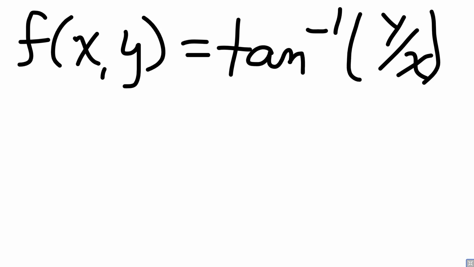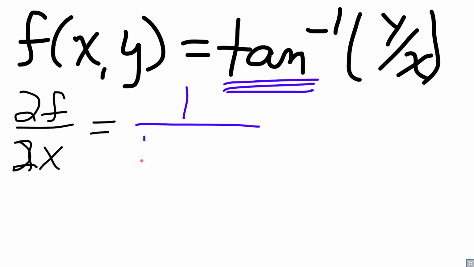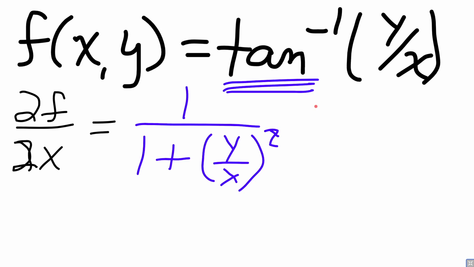I want the partial of f with respect to x. I'm going to start with the derivative of tangent inverse, which is 1 over 1 plus the expression we're taking the tangent inverse of, squared, times